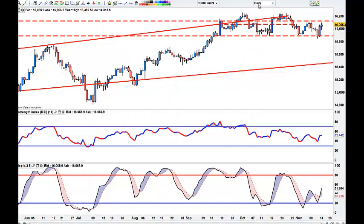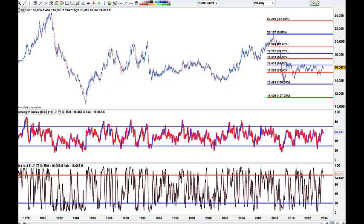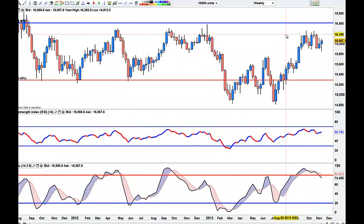So if we look at the weekly on this, once we've got one more day to go for this weekly bar, you can see we're in a box. Markets do get boxed up, and this is in a well and truly good box. Where do I think that's going to go? I think we'll probably hold this 160 area here and make our way up to the